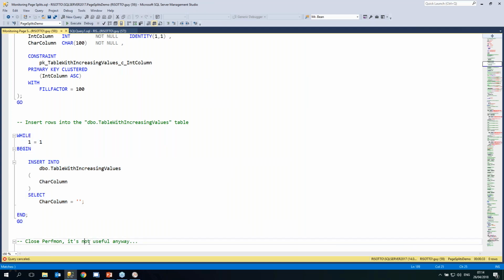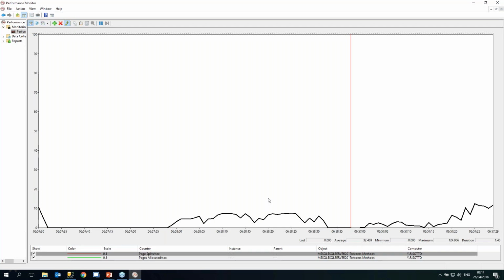Okay, so we can't use perfmon. The problem is that when Microsoft says page splits, they actually mean page allocations. So any type of page allocation is counted. This is not exactly a bug, it's a matter of terminology. When DBAs say page splits, we actually mean rows that are inserted in the middle of the index, and then we need to allocate new pages and move 50% of the page around. These are page splits as far as I'm concerned.